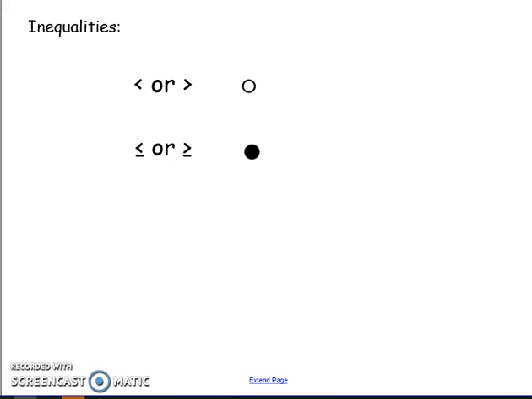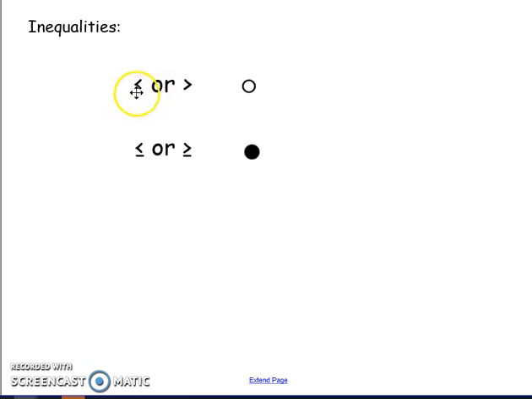In this video, we're going to be talking about inequalities instead of equations. The difference between an inequality and an equation is that an equation has an equal sign, inequalities have less thans or greater thans. And when you go to graph an inequality, you have to look at the sign,